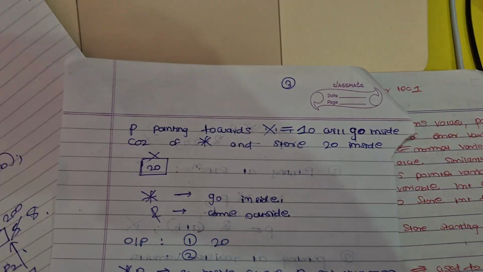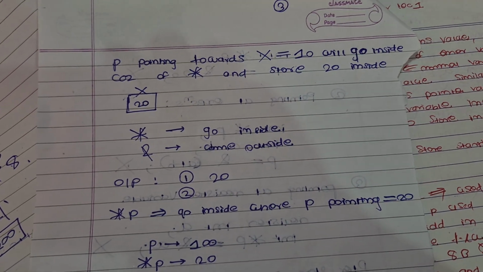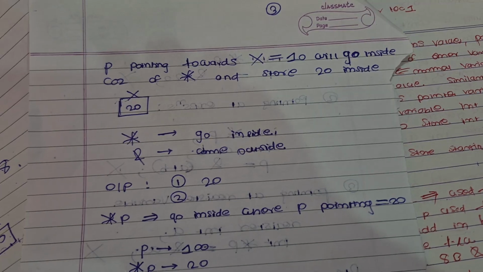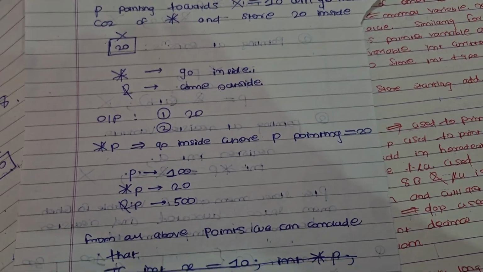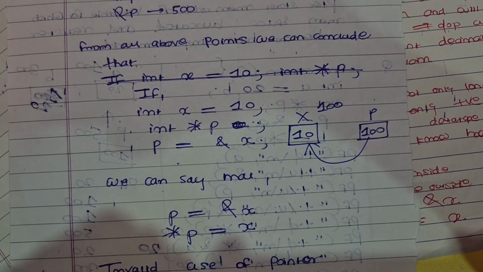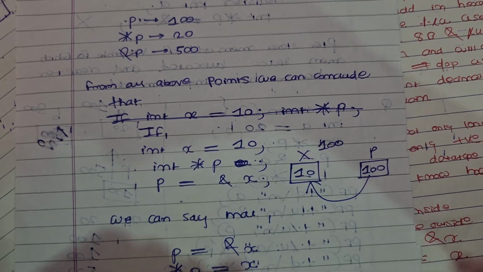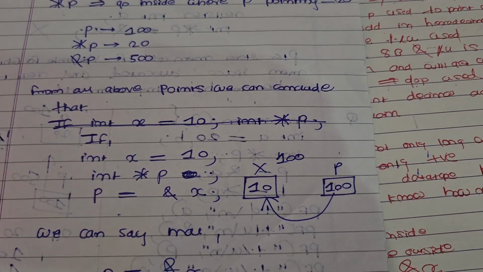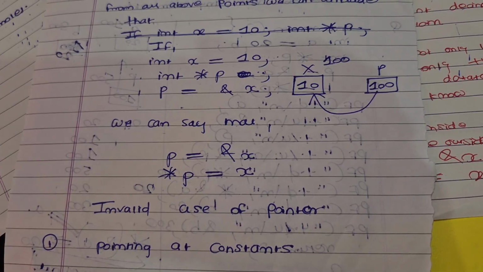So the meaning of star is that you go inside, and the address comes outside. It's basic, but wherever you see the star, that means you have to go inside that variable, and the address comes outside. The conclusion is that a pointer definitely holds an address, so it would be the address of x, and star of p equals x. Star means you are going inside and printing the value, so that's the value of x.